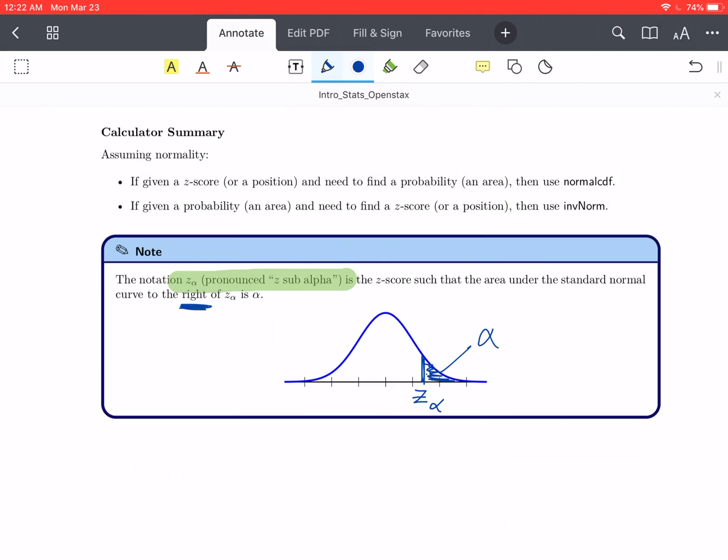Okay, so that brings us to the end of Chapter 6. So that's kind of the